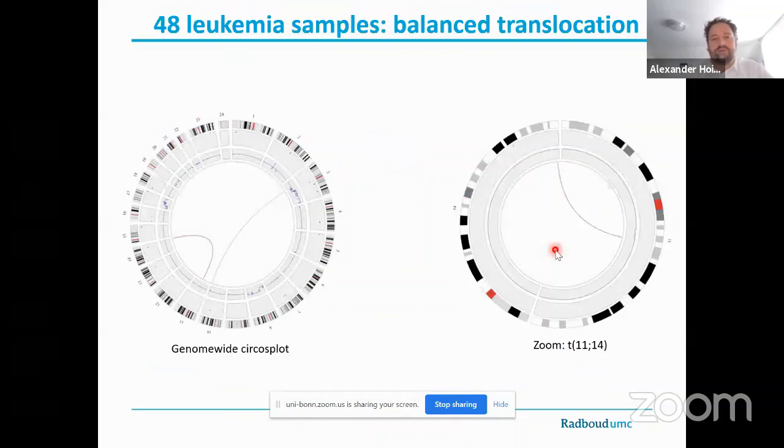Obviously, for leukemia, especially balanced translocations are of extreme importance. So here we have one case where we observed such a translocation. That was a known event, obviously, as the study was designed that way. And this is a translocation between chromosomes 11 and 14, as already depicted in the genome-wide circus plot here. If you make a circus plot just for the 2 affected chromosomes, it looks like that. And then you just click on this translocation line, and you're guided